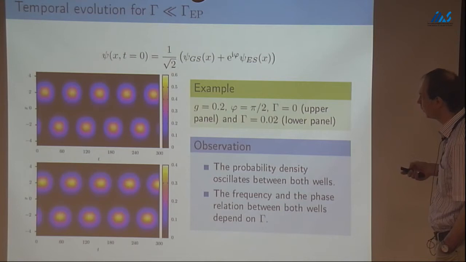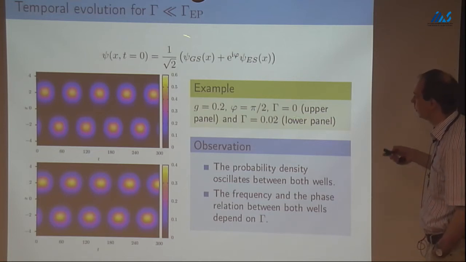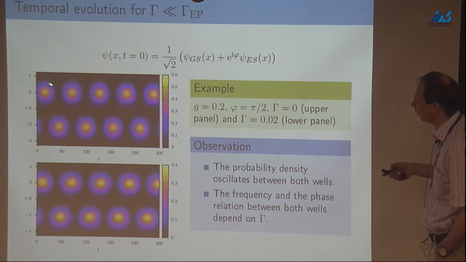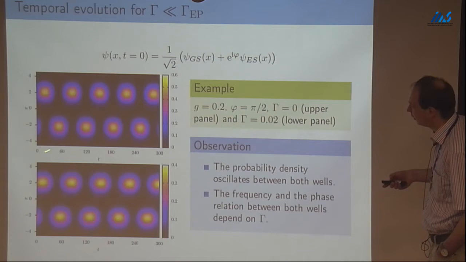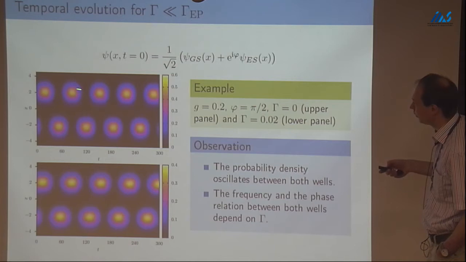And the typical structure we get is if we switch off the non-hermiticity parameter, so we have no in and out coupling of the atoms, we have this typical structure if we only include two states of these oscillations between the two wells. So this is here the x-axis, and these bright dots show us a high probability amplitude, so the condensate is mainly in one well,